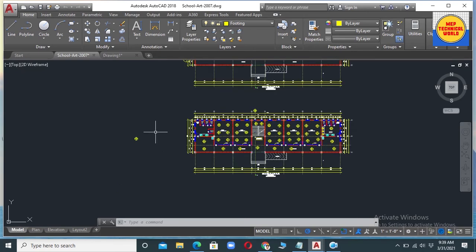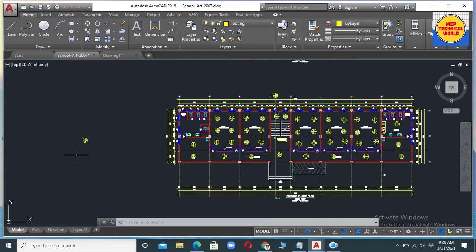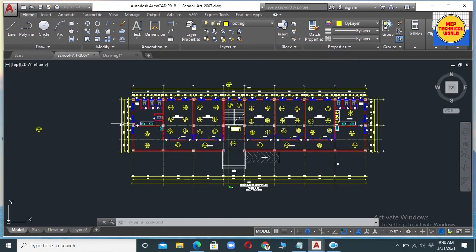So in this way we can use the block command while doing electrical drawing, like a lighting layout or power circuit layout or any drawing. So before I start the drawing, if you are going to make any legends, I recommend you to please make a block of this object, so it will be easy for later. So in this video we have learned how to use the block command and how to use the block edit command.